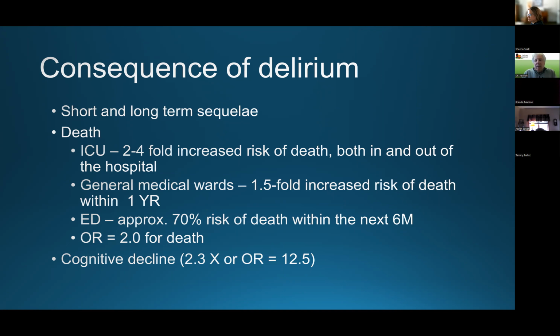Similar, although a little bit smaller odds ratios for general medical wards. And the interesting thing is that the risk of death is not necessarily in the hospital. It's like when you get discharged. And so, it's just like this other marker that I have mentioned previously. If you leave the hospital with low albumin, you've got a 50% chance as an older adult of not making it the following year. So there are these predictors that we need to be mindful of and have meaningful conversations